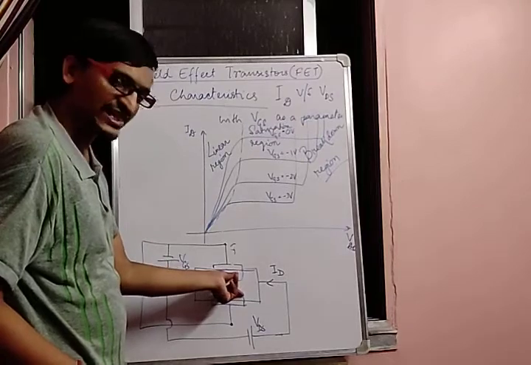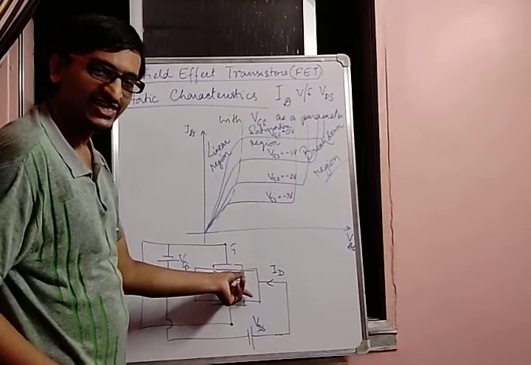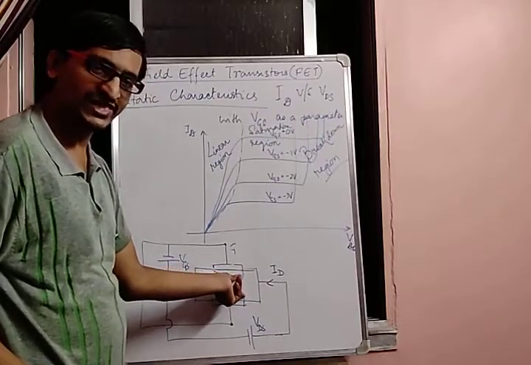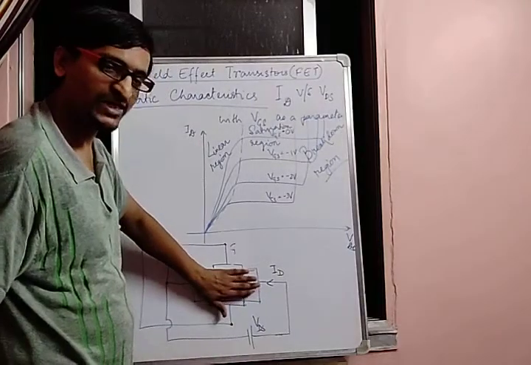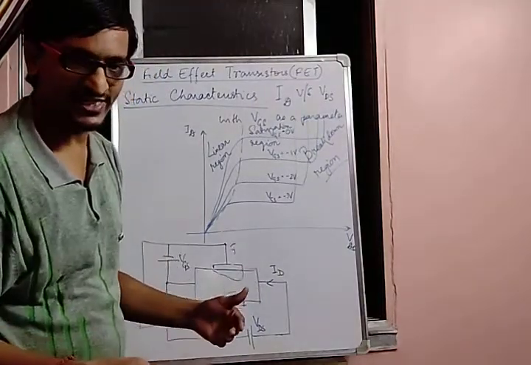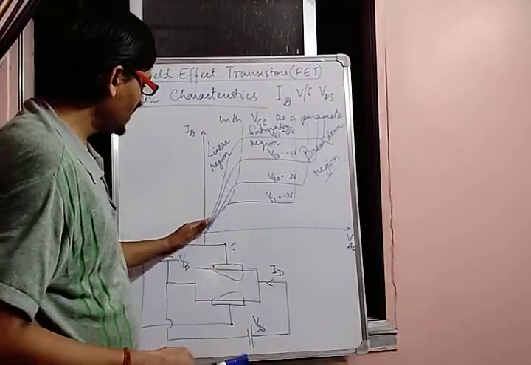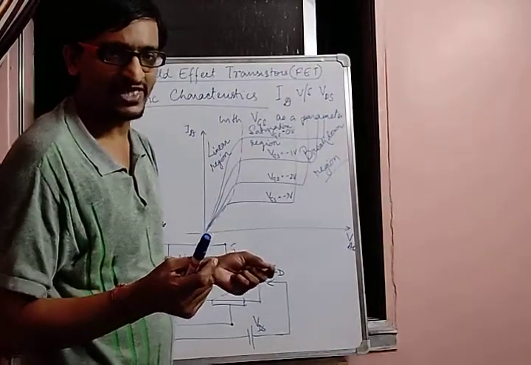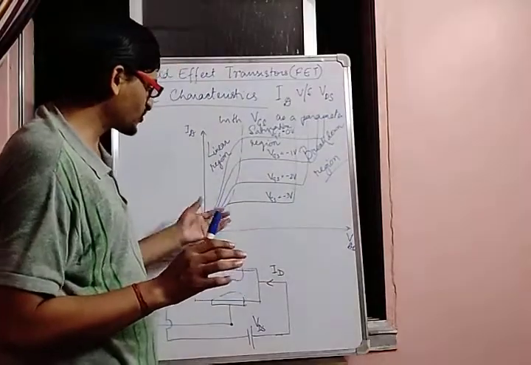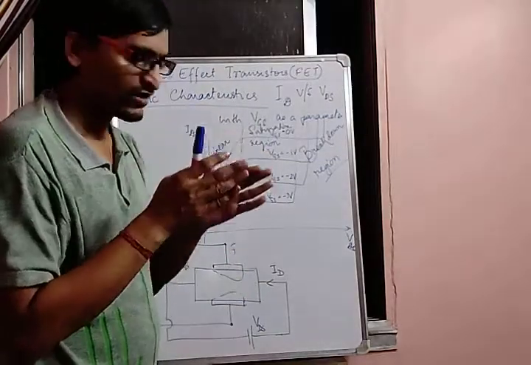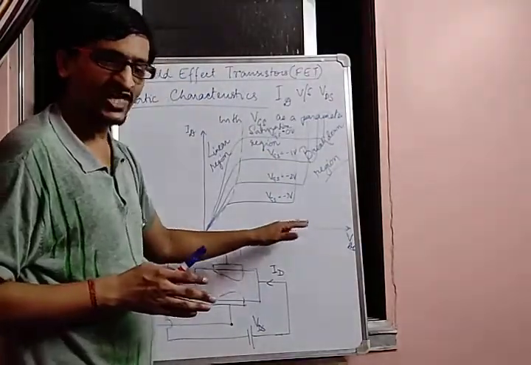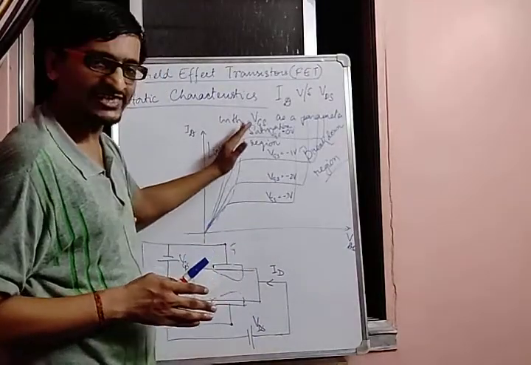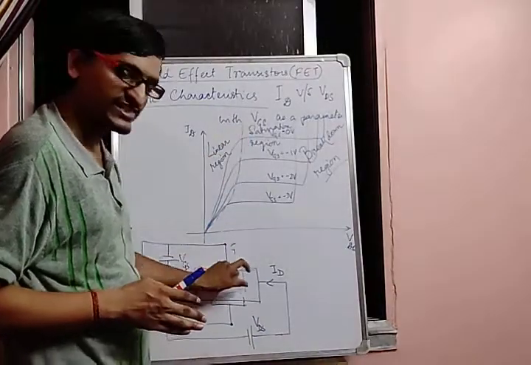This reverse bias is going on increasing. That means the resistance of this particular bar is going on increasing. So as a result, the current rises by a very small amount with an increase in your voltage. So what is happening? Your current is rising linearly with the voltage in this region.